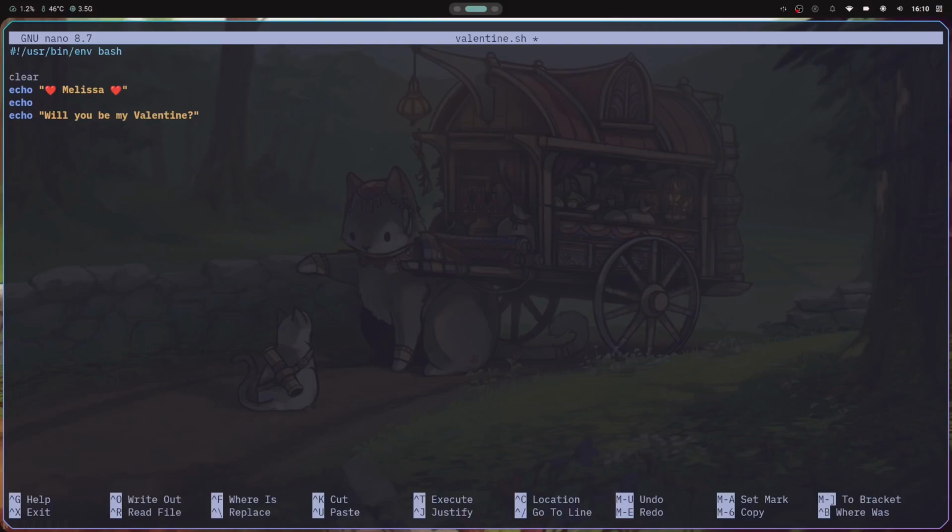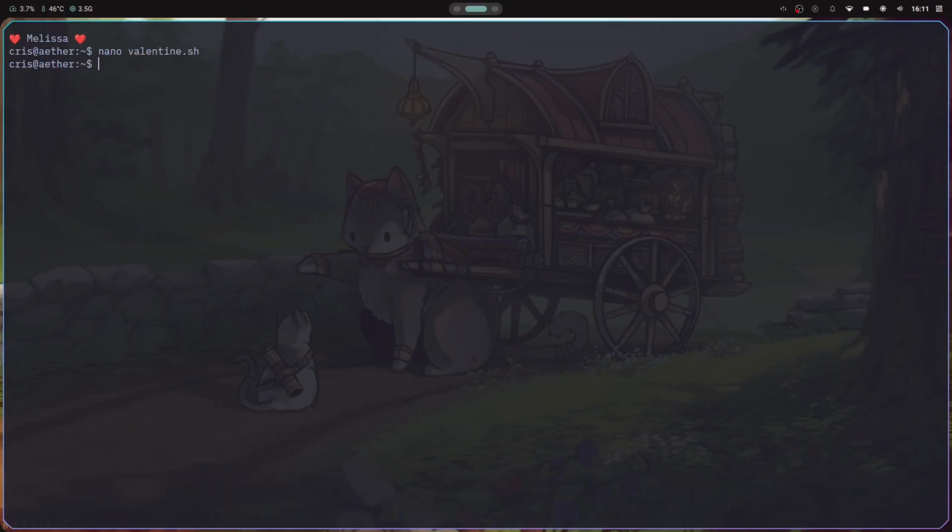There we go. And I guess we can add another one just to give a little bit of space from the end of the file up until the beginning of the next line. So we'll save this and we'll run it again. But will it be my Valentine? Great. So it is working, and